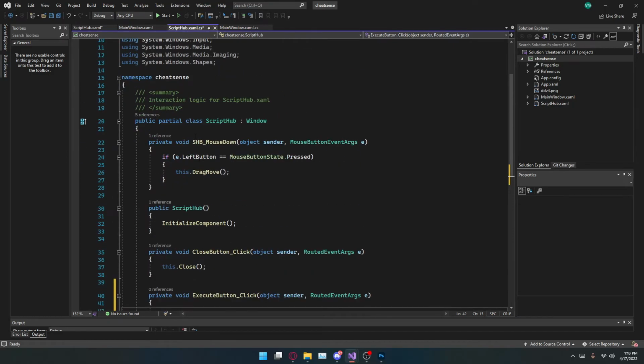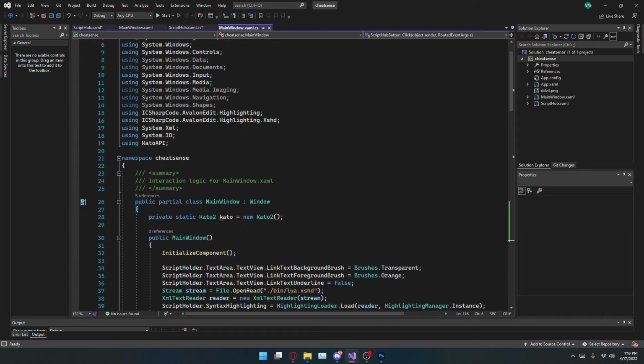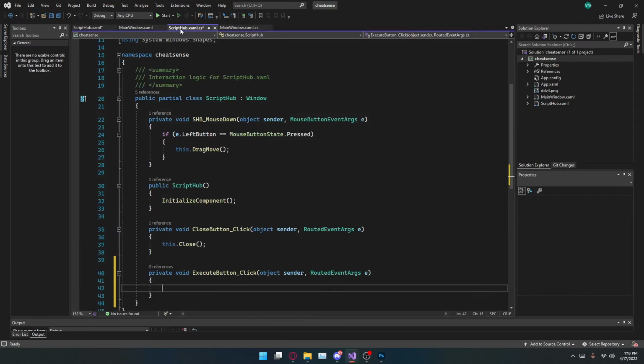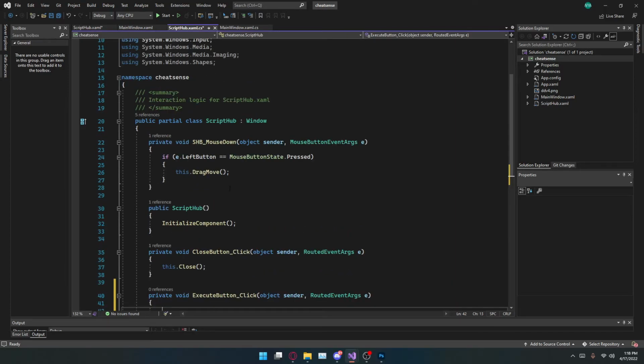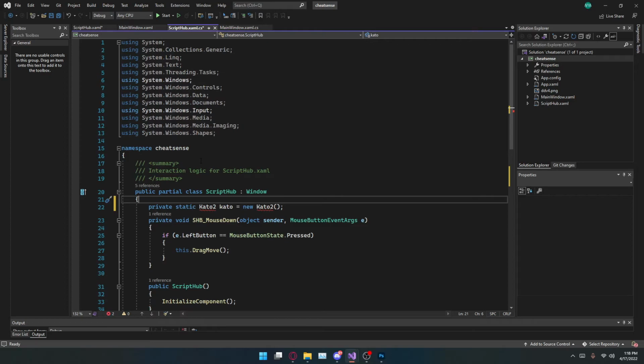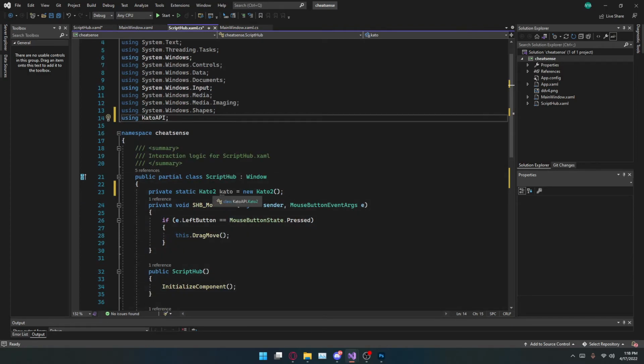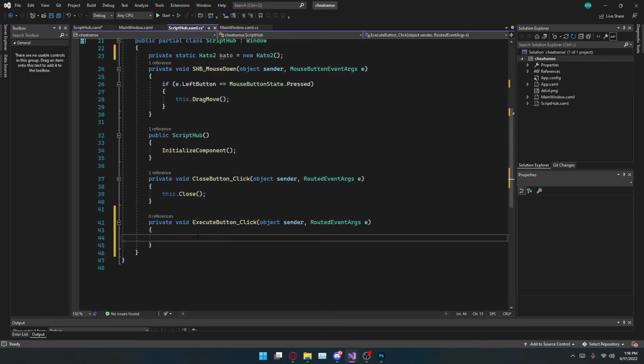you want to first, before anything, go back to main window script and then find where you got Kato, or you made the Kato variable. Then you want to go back to your script hub, and then you want to put it in here, remember, inside public partial class script hub window. And then you want to go ahead and also put it using Kato API in here as well, so that this works. Now we're gonna go down here and do